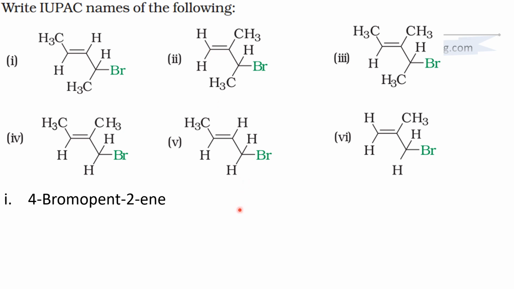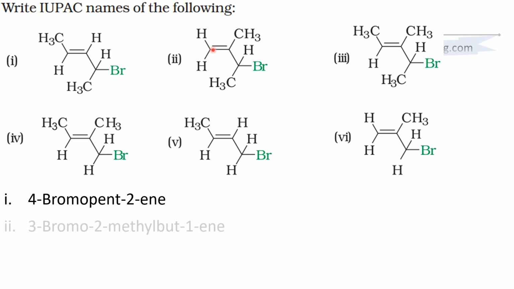So if I say that it is but-1-ene, which is the parent. So which are the branches? I have bromine on the third carbon atom, 1, 2, 3, and on the second carbon atom I have a methyl group, isn't it? So it will be 3-bromo-2-methyl. Bromine should be written first because it's first in the alphabet. 3-bromo-2-methyl